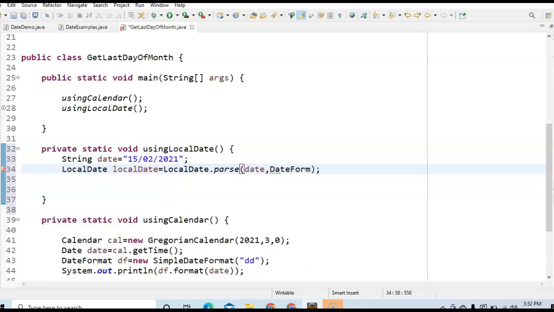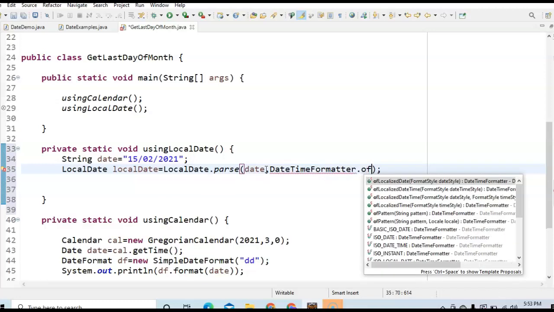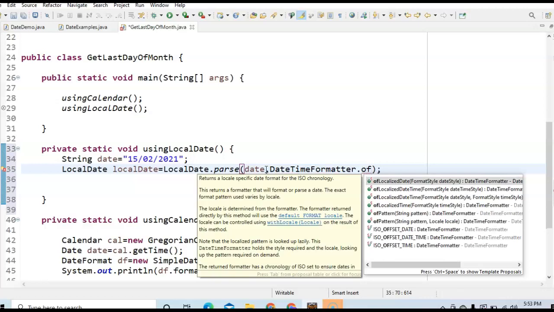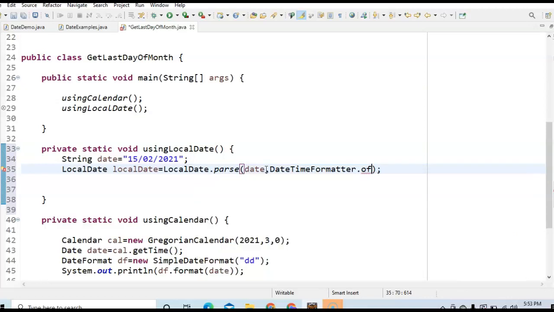Just say date time formatter dot of, and here we need to give the pattern, I mean in which pattern we want the date. d/mm/yy. Okay, this is the pattern.